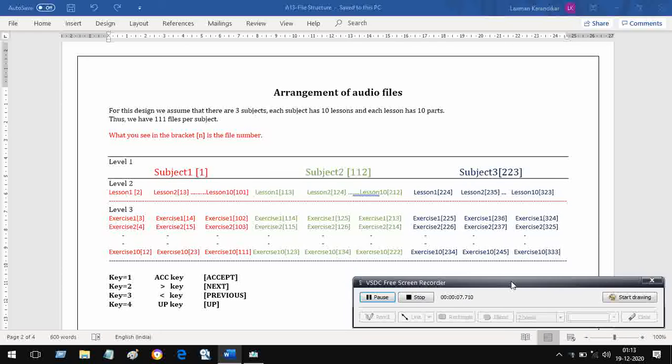Hello friends. In the previous lecture, we saw how key closures help the user to navigate effectively across the entire range of audio files. But at the time, we did not actually use keys, we simulated keys.